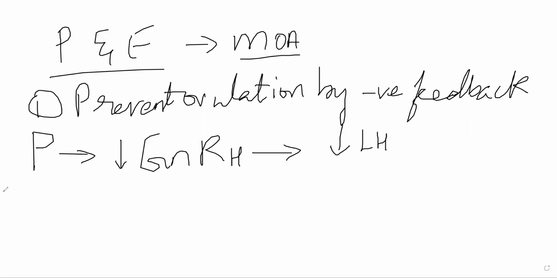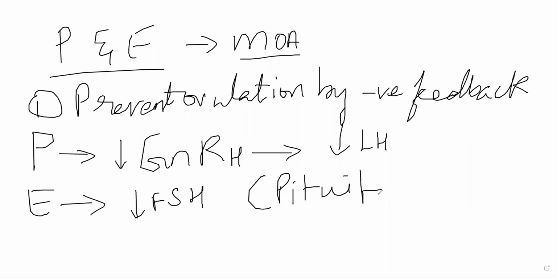That is one function. Now, let's suppose you give estrogen. Estrogen suppresses FSH. It will have a negative feedback on the pituitary, and ultimately it will end up decreasing the levels of FSH. As a result, ovarian follicles will fail to develop. In either of these cases, either ovulation is not occurring properly or the ovarian follicle is not developing properly, leading to loss of fertility for that period of time, or for that cycle essentially.